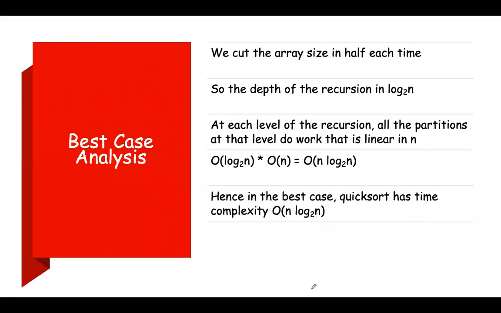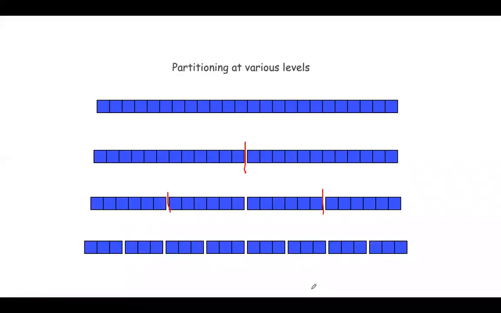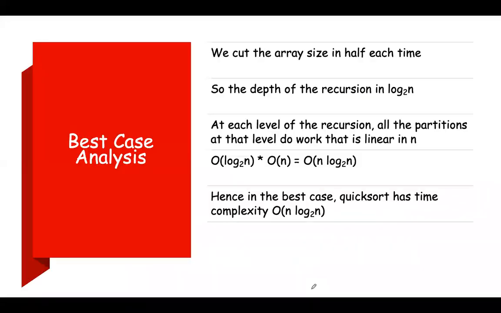Since it will divide the array into half each time, it will be big O of log n. See the textbook; in theory there is no derivation for this complexity. So you get big O of n log n for the best case scenario.